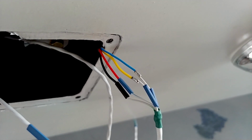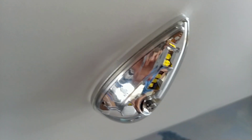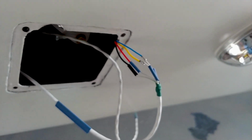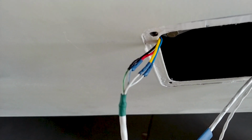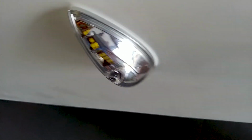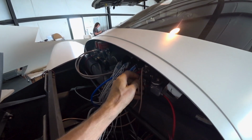Welcome back. So second half of the week we're working on closing out a bunch of different things, and here I'm doing the wiring there for the position lights on the winglets, so left and right, and just got 4 different wires there: ground and strobe and position, and also a sync wire for the 2 lights to sync up. And so I just got those sorted out, and the next thing I was on to was doing the